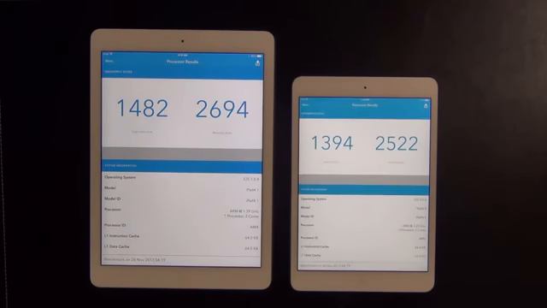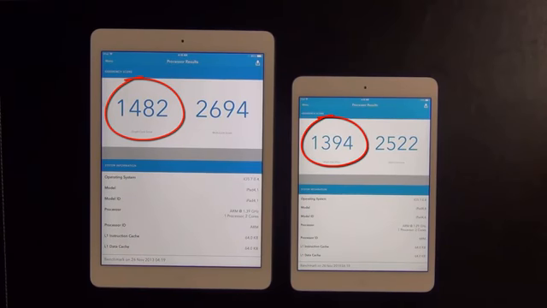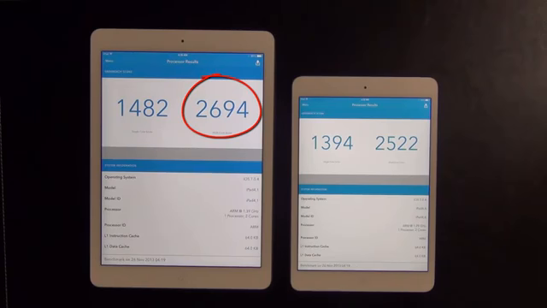The iPad Air is done, and the iPad Mini 2 follows. So let's look at the single core performance. The iPad Air has a 1482 score, and the iPad Mini 2 has a 1394 score. On the multi-core, the iPad Air has 2694, and the iPad Mini 2 has 2522. So by a tiny margin, the iPad Air outperforms the iPad Mini 2, and that is because they do have a different clock rate. But overall, these are both impressive results, and they will produce very, very beautiful, fast performing